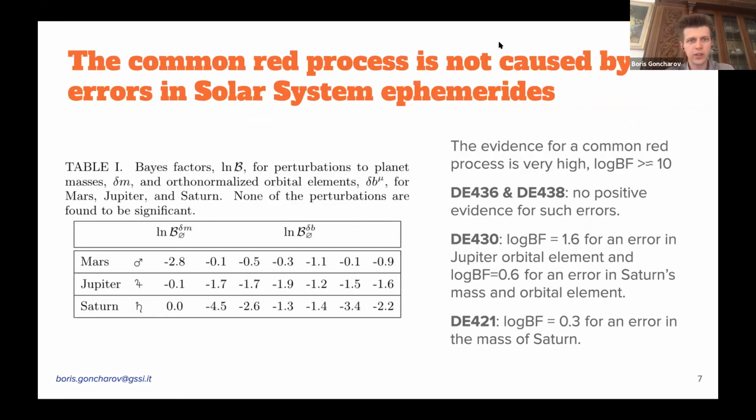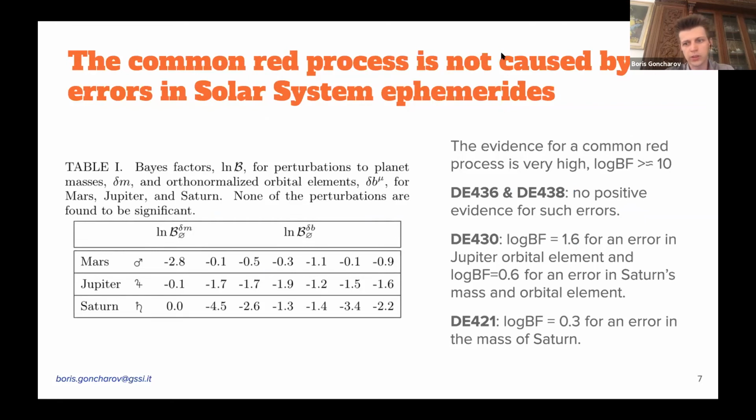Now, another interesting thing that was also explored by NANOGrav, and we approached this in PPTA at a slightly different angle, is the effect of the solar system ephemeris errors. It was suggested that these errors can mimic the stochastic gravitational wave background, for example. And I guess at first, fitting for the errors in the solar system ephemeris